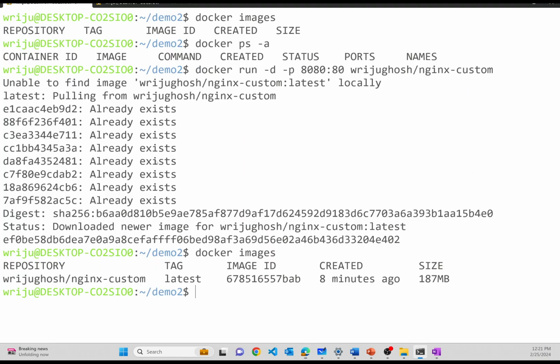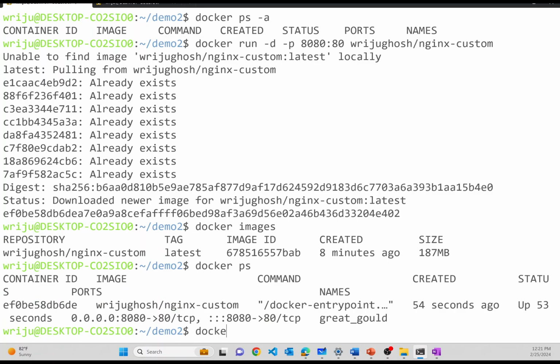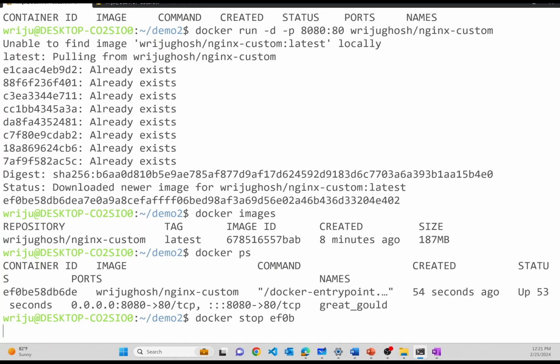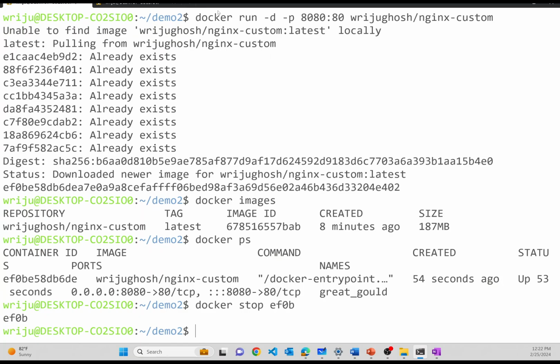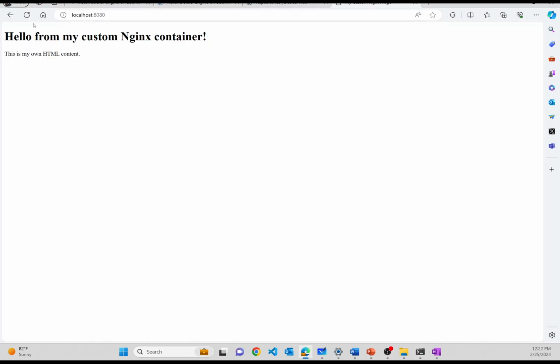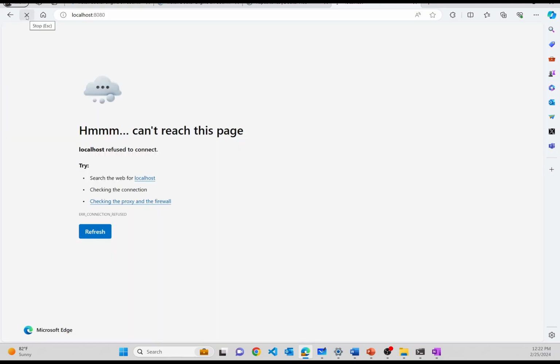Just to make sure that this is coming from this container, I can say docker ps. I can say docker stop, and I can stop the EF0BE. Yeah, it stopped. Now if I go back here and refresh it, it's not going to show this page. It will show cannot reach this page. That means it's gone. So my application code is packaged within a container, pushed to a registry, ready for